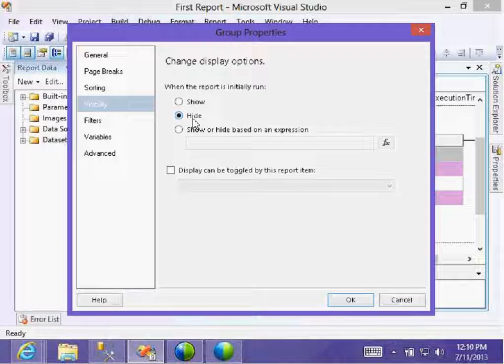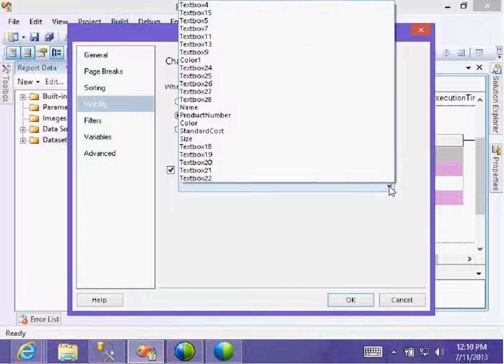Now to the next field. Okay, it can be toggled on the report item. Which item? From the table or color from the group? Then you need to select. Okay, color 1 is there.